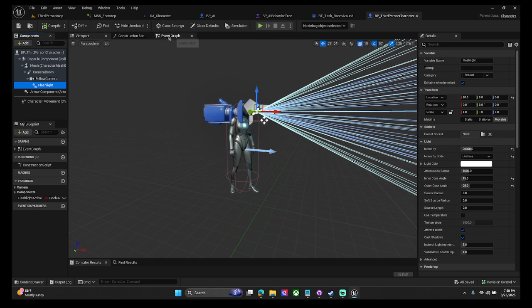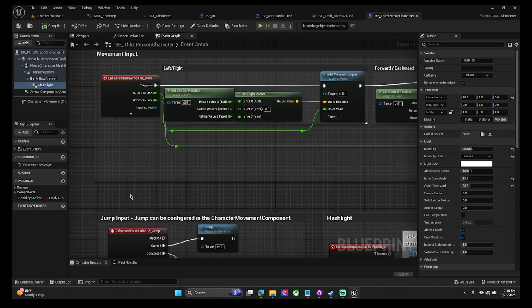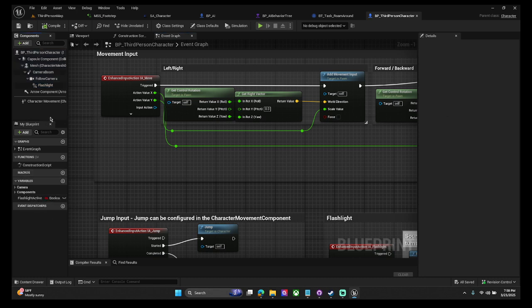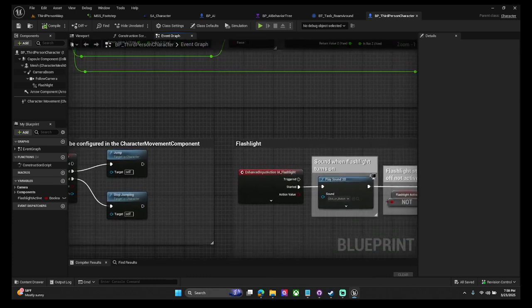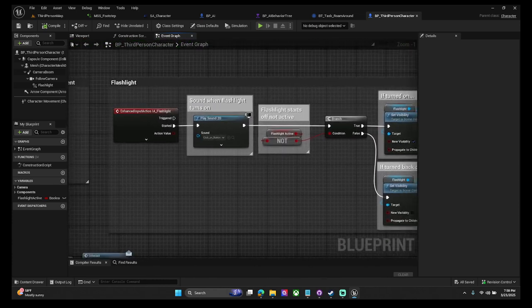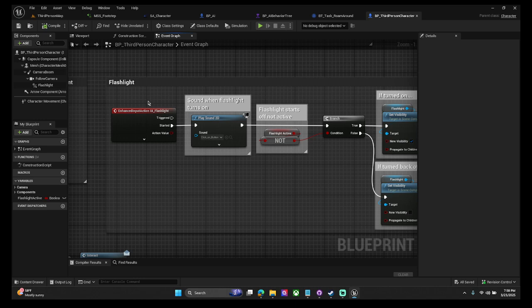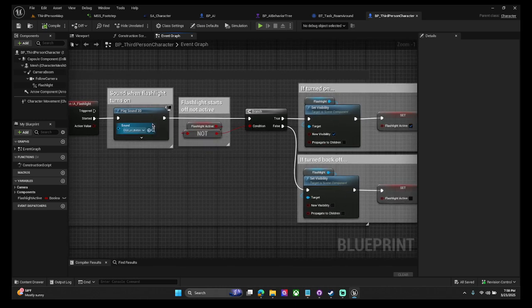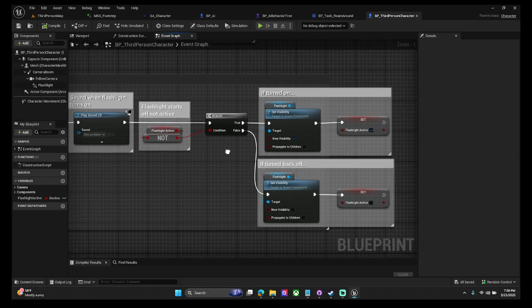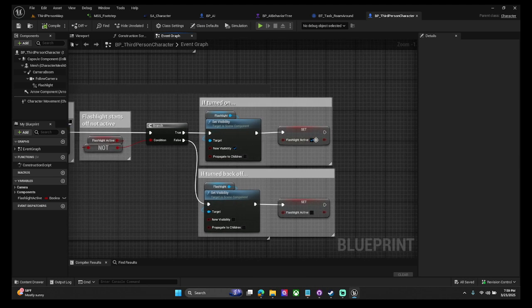Press F again, the flashlight goes off. We have that Boolean right here of flashlight that would tell you if it's active or inactive. And so we have that here. We created an input action for that. We play the sound when the flashlight has been pressed. And if it's on, then this will be checked and it will set the visibility of flashlight to on. The new visibility will be off if it's